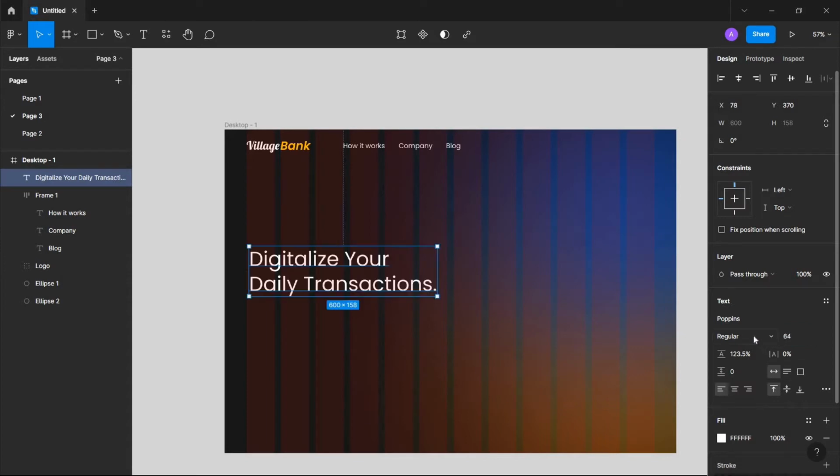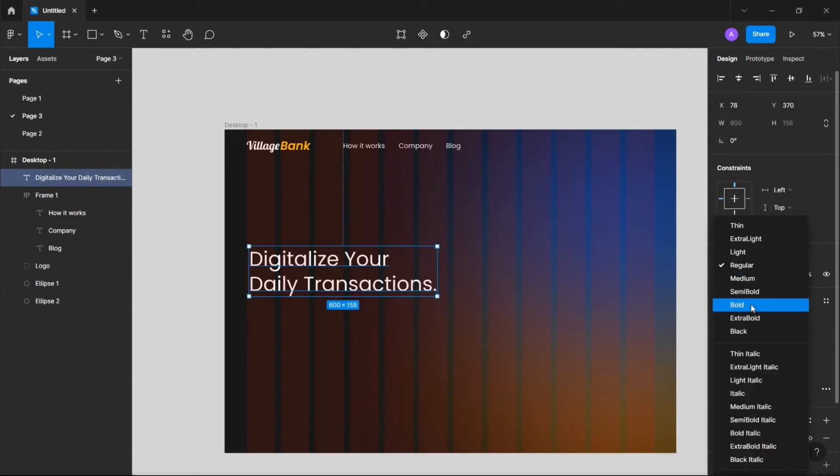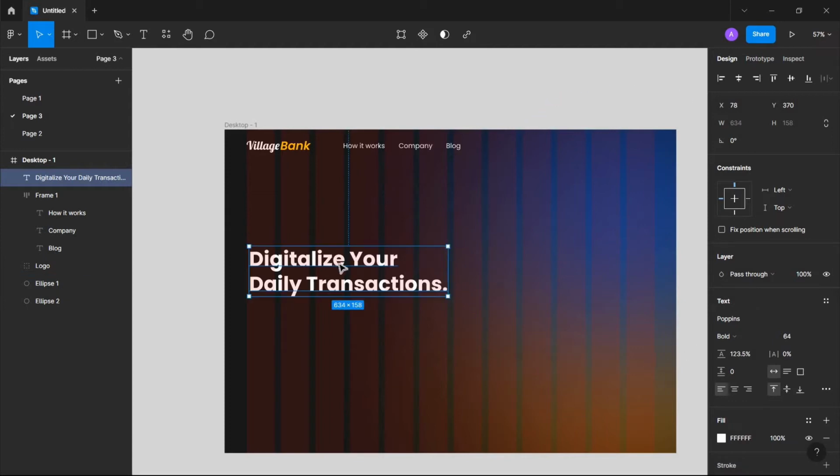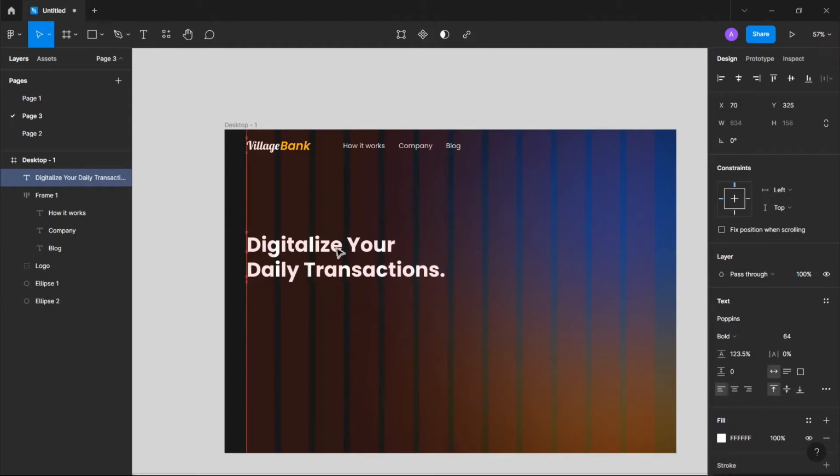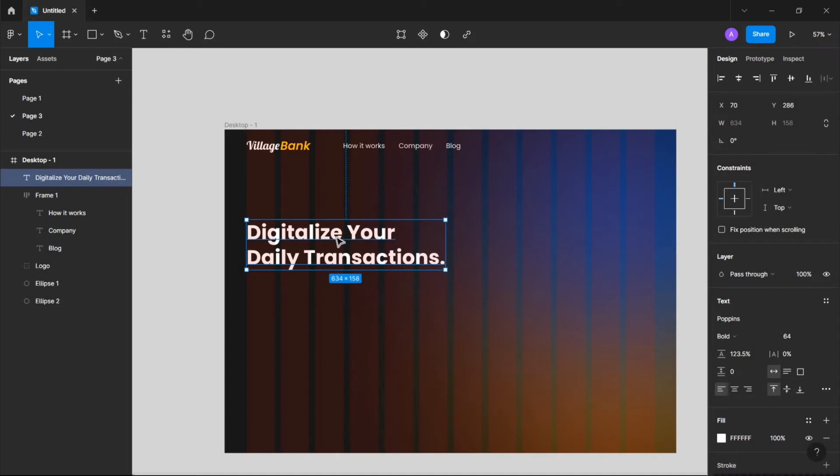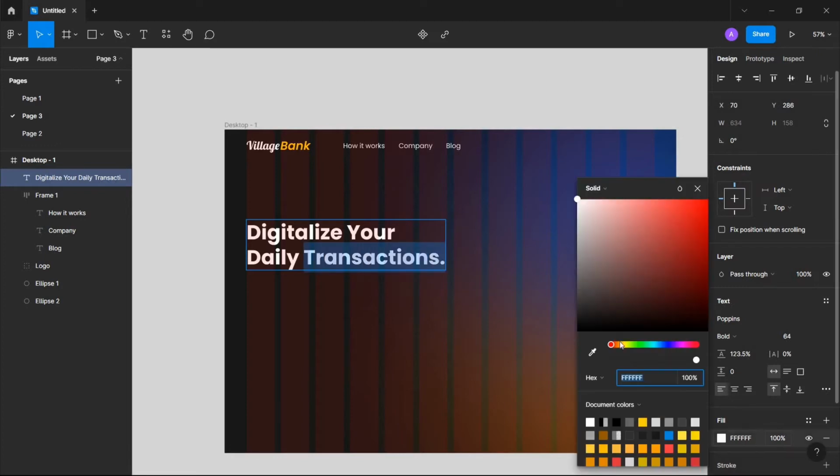Enter, and it's going to be bold. Yeah, and then I'll make sure it's aligned properly. Then I'm going to change the color of this particular text, this transaction. I'm going to highlight the text and change the color to